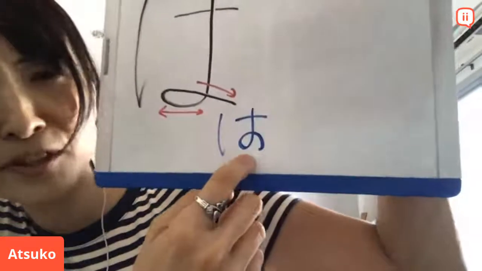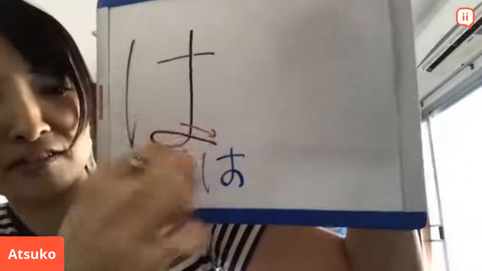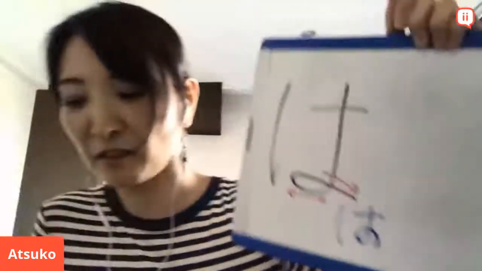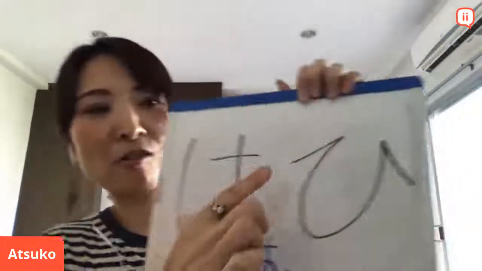The root is not wide, and this line should go straight down, not like this. Okay? Next is hi, from ha, hi, fu, he, ho. Hi has only one stroke. Go up,